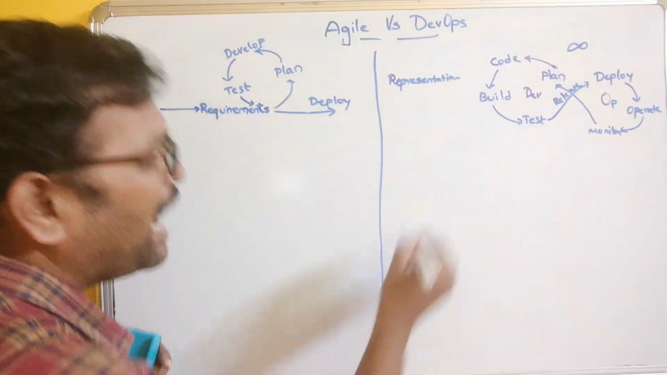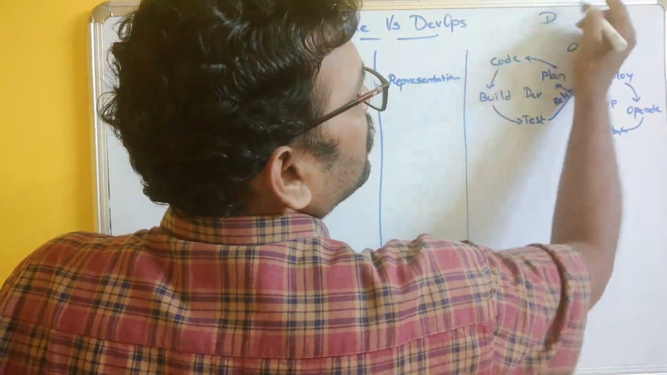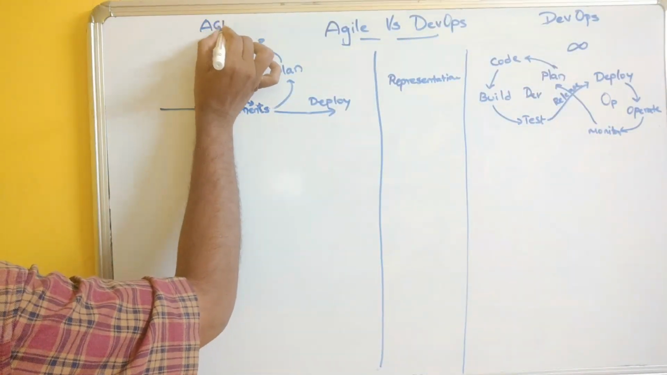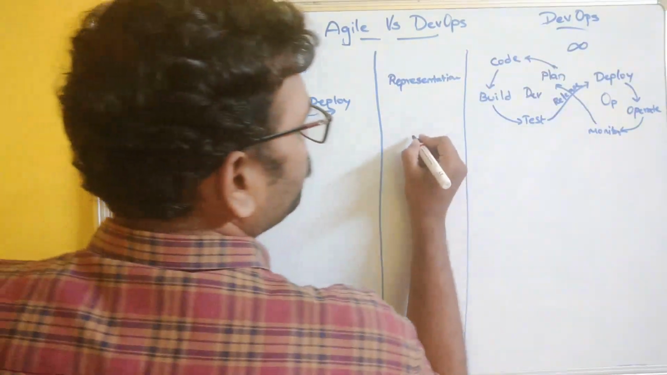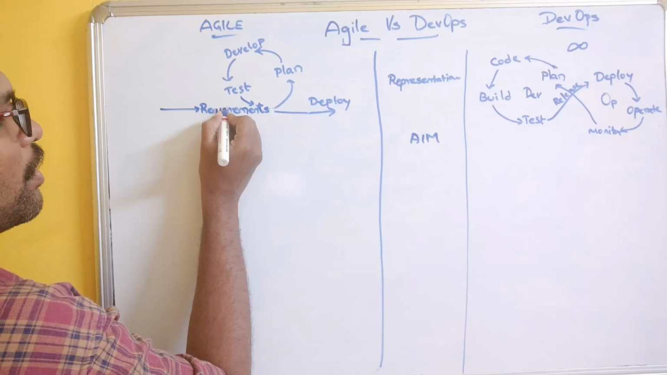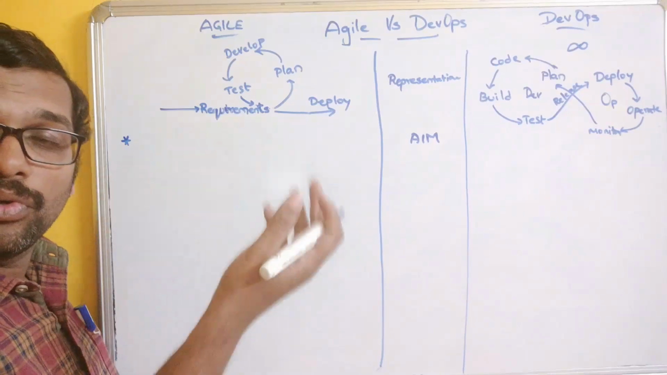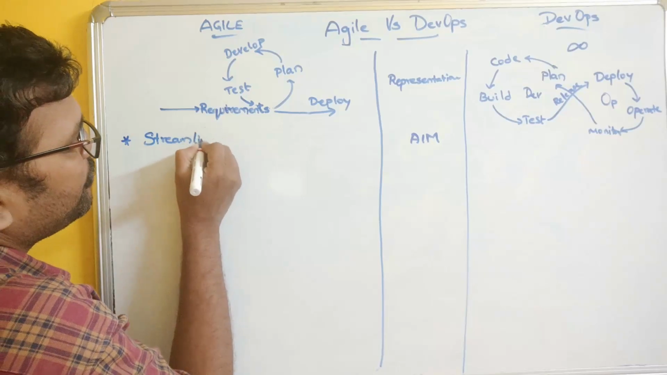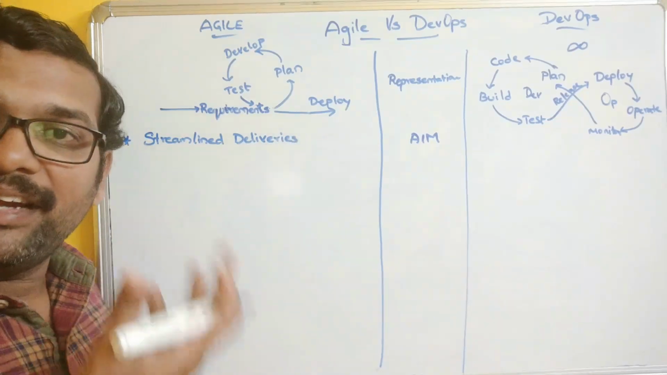Okay. Now we'll see the other differences between the two. This is the DevOps methodology and this is the Agile methodology. The first one is the representation and the next one is the aim. What is the aim? Here the aim is to release streamlined deliveries,